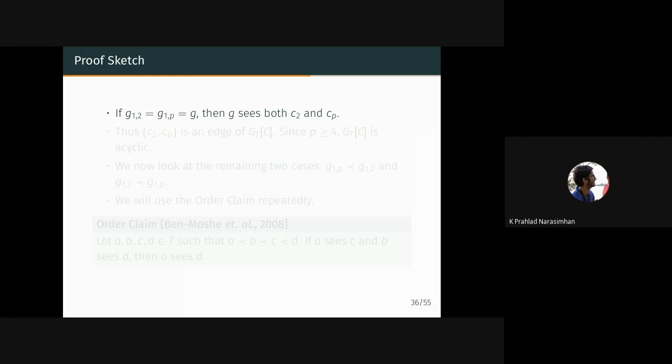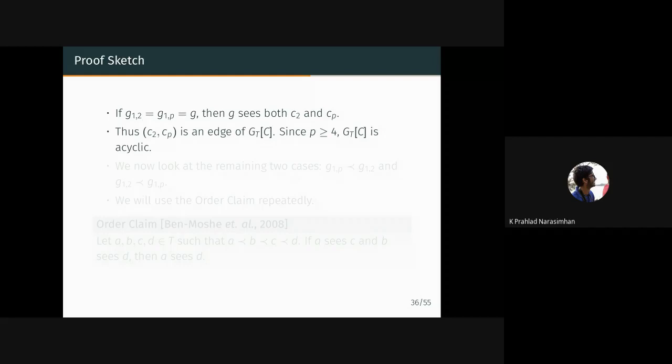I'm just going to give the easiest case of this particular theorem, and I'll just show the proof of that. So let's say G12 and G1P are the same. Then clearly